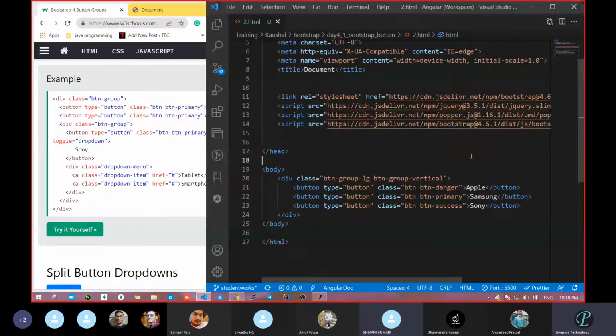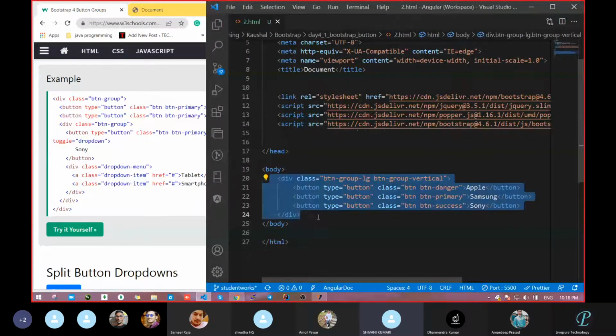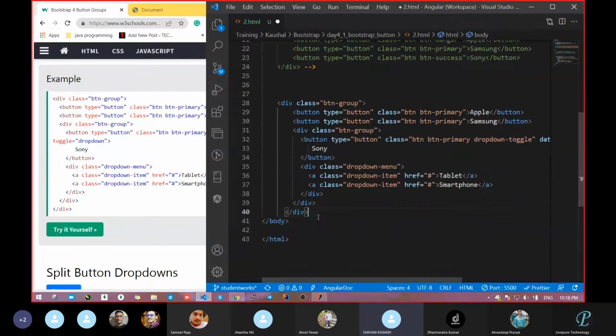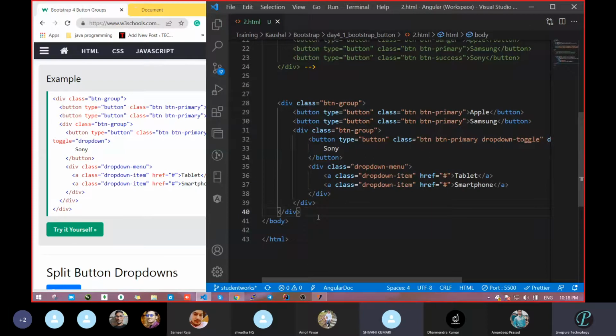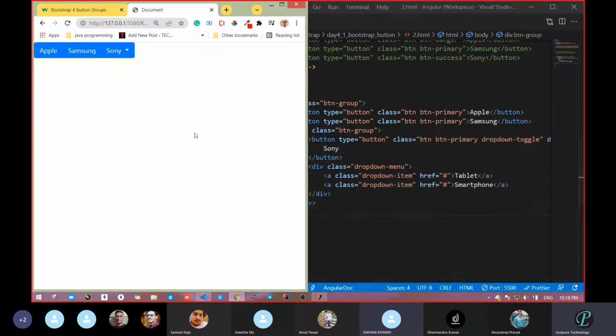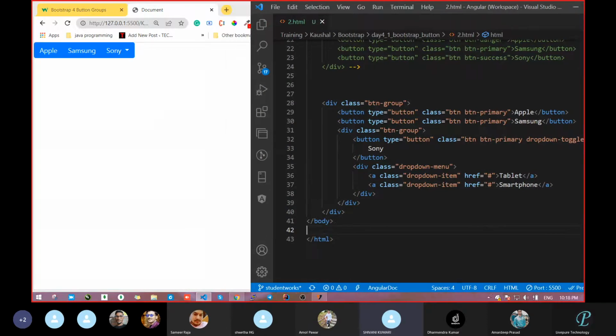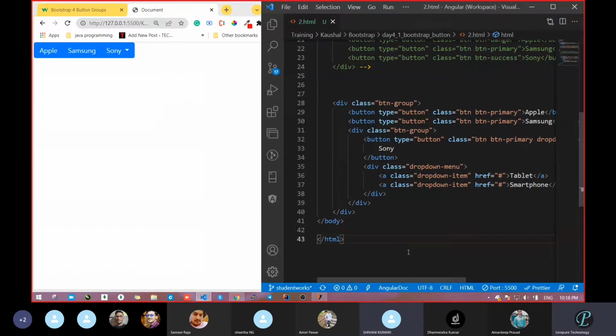Just wait, let me comment. So see here. On the top level, btn-group is there. We took one button, two buttons, and this is the third one.